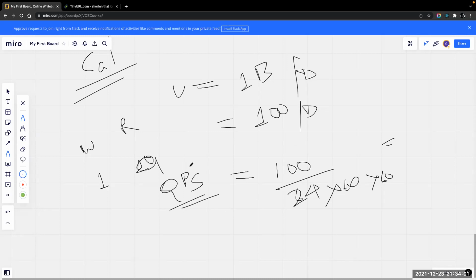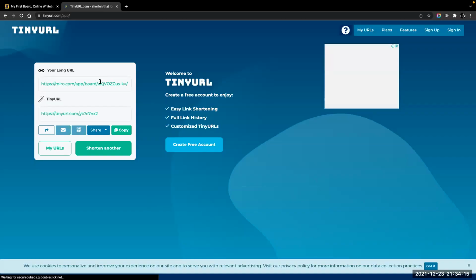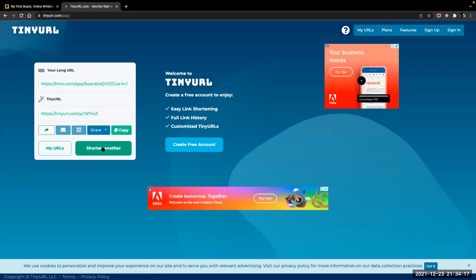If people understood what QPS, queries, is. Queries is like how many people are coming and using the website, we can say for now. Every time a person comes to this website, pastes a URL here and clicks on shorten URL, this particular request is sent to the backend, I mean the servers. The server processes it and sends back the response. So that is called a query here.